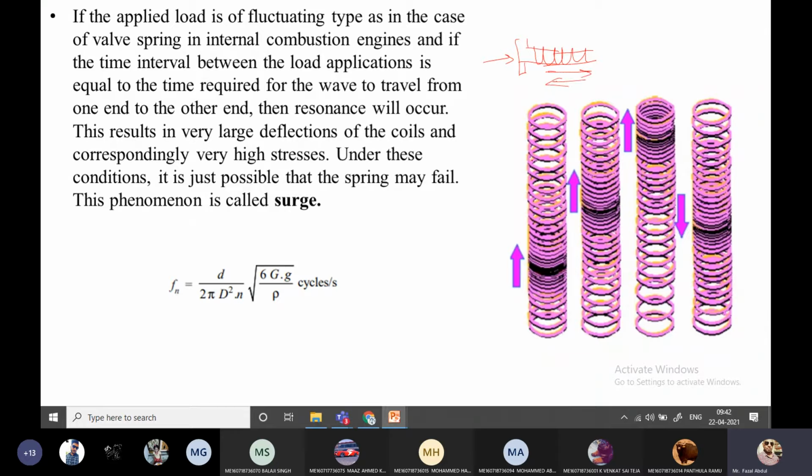Just now we discussed what surge is. Surge is nothing but, because of some time delay, the propagation of the stresses along the spring is not distributed at regular intervals. Because of that reason, the spring deflection is not uniform. Here the first load is applied, and because of some time delay,